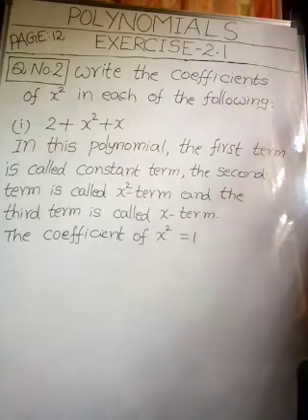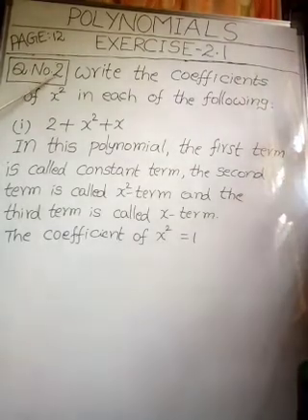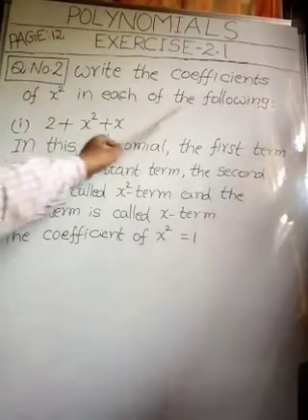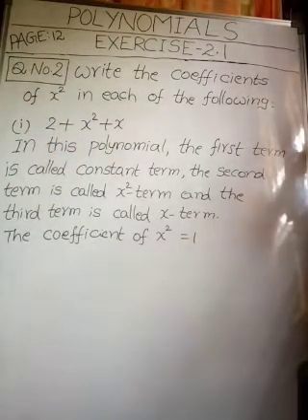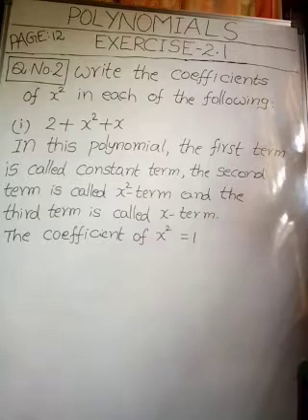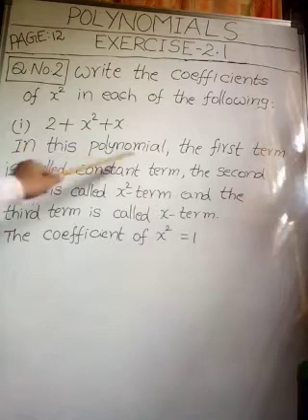Now, come to question number 2. Write the coefficients of x square in each of the following. Here, some polynomials are given. We have to identify the coefficient of x square in each polynomial. See the first polynomial, 2 plus x square plus x. Okay, my dear children. Just for your convenience, I am explaining in detail. In this polynomial,